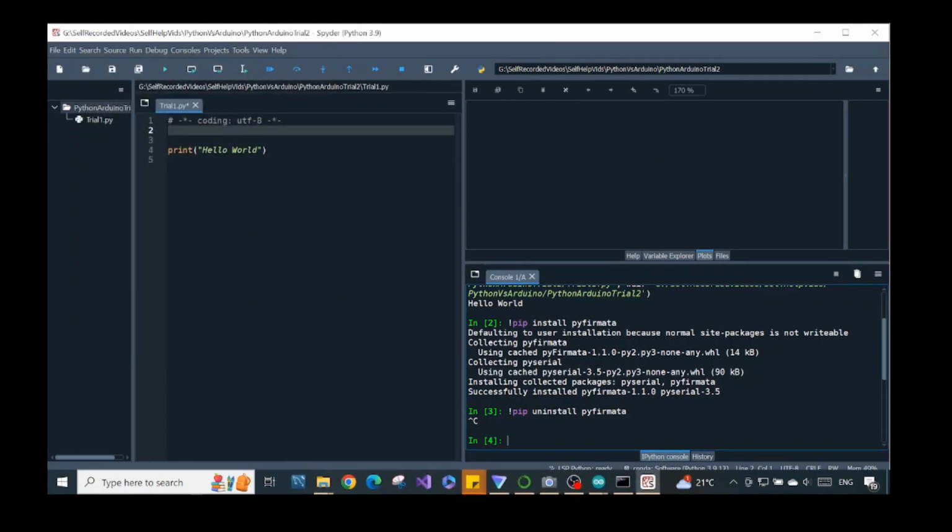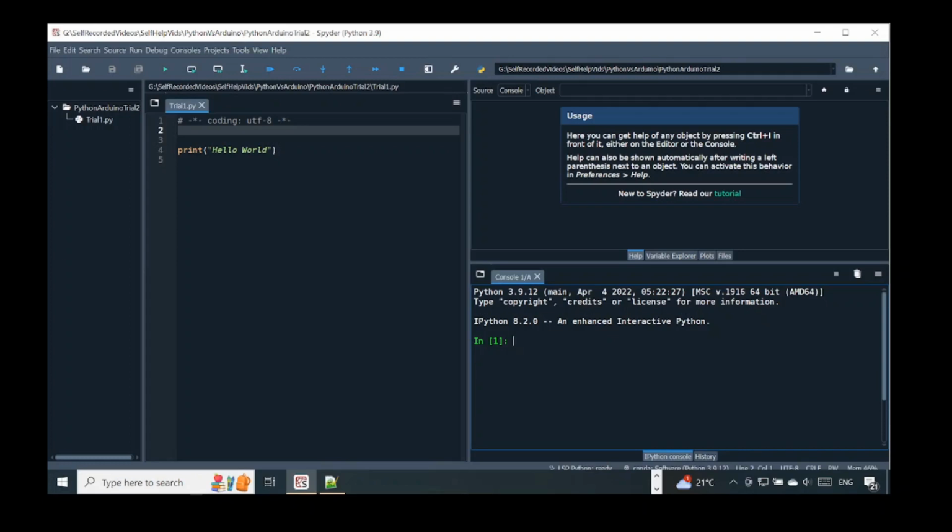I will need to restart my computer in order to make the addition to my environment path take effect. So I will get back after I restart my computer. We will reinstall the PyFormatter and we type in the command